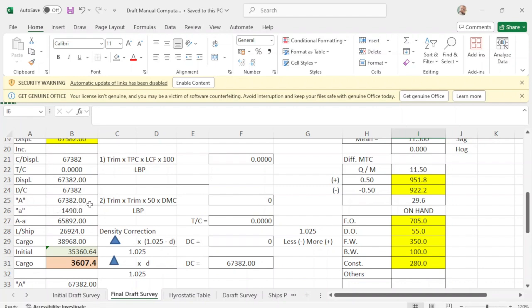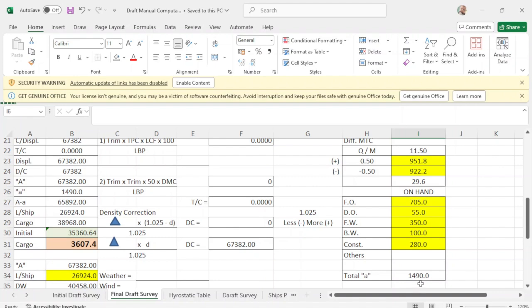So carry down, this will be your A, your true displacement, minus your on hand, 1490, because A, this will be your displacement minus your lightship, and this will be your cargo.